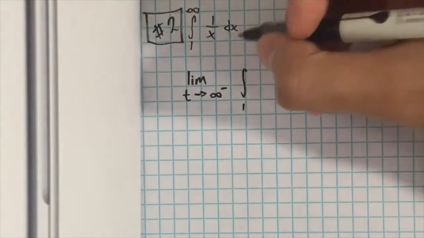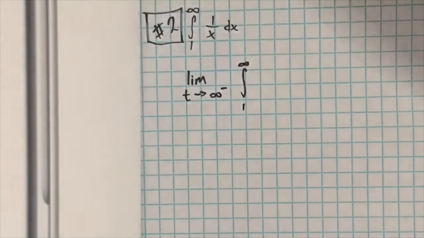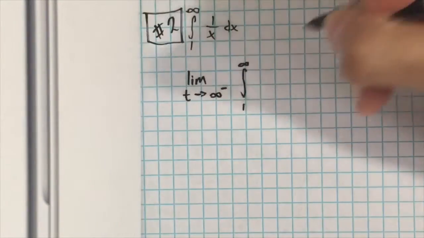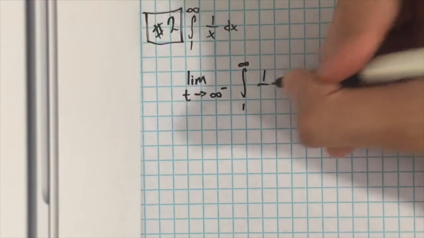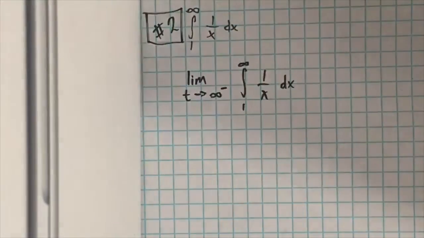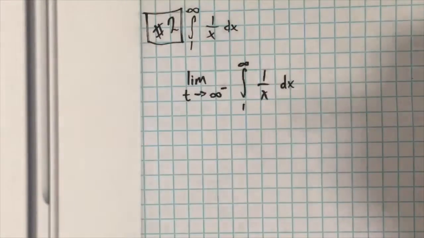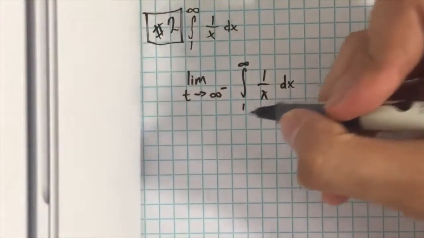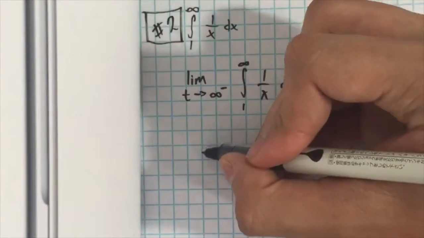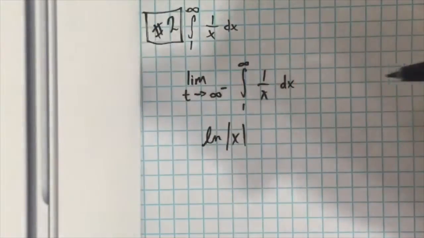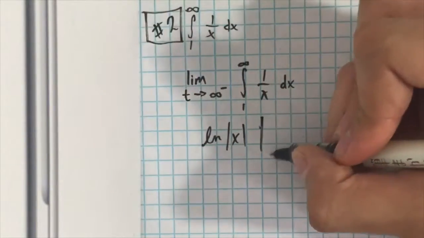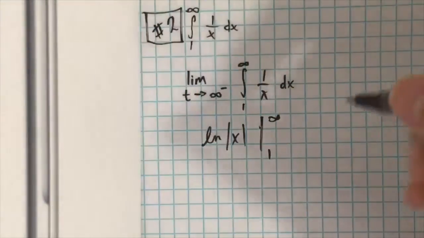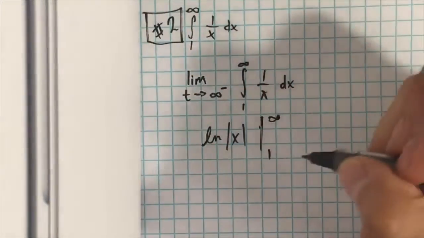Now we'll have the limit as t approaches infinity from the left of the integral of 1 over x dx from 1 to infinity. Then we use the fundamental theorem of calculus. We'll get natural log of the absolute value of x from 1 to infinity. And that will equal to